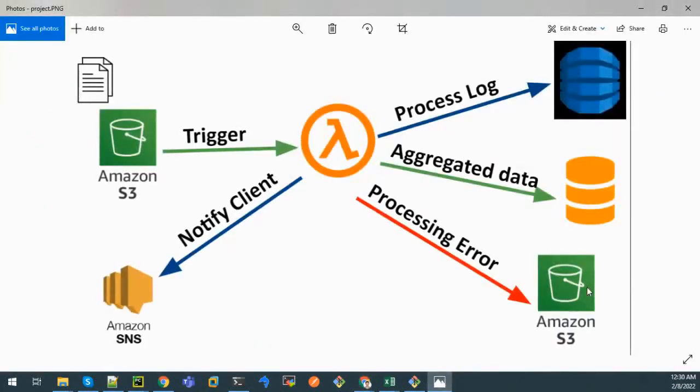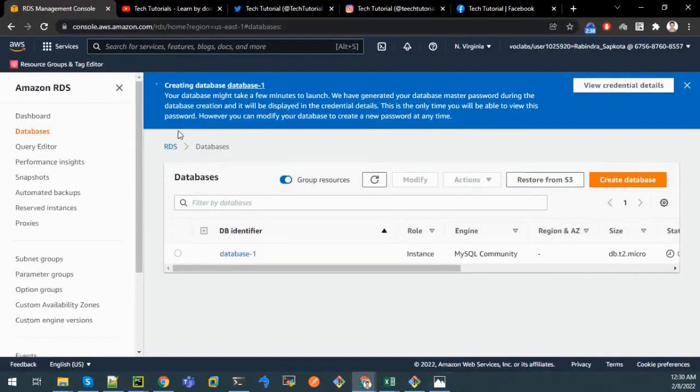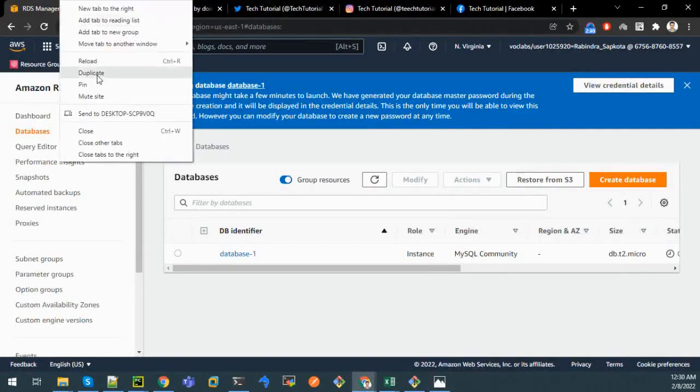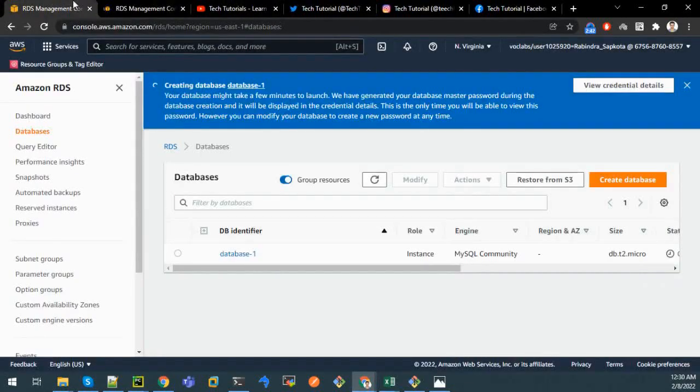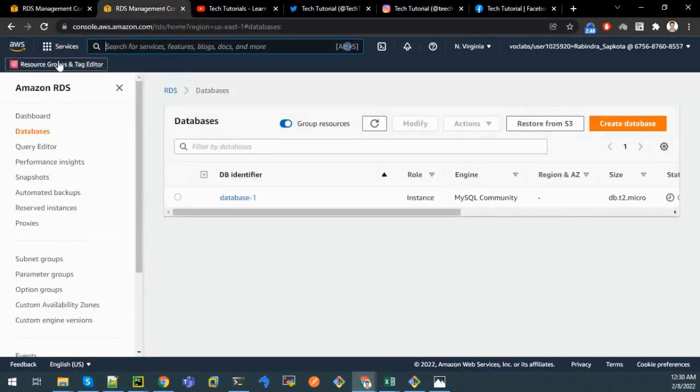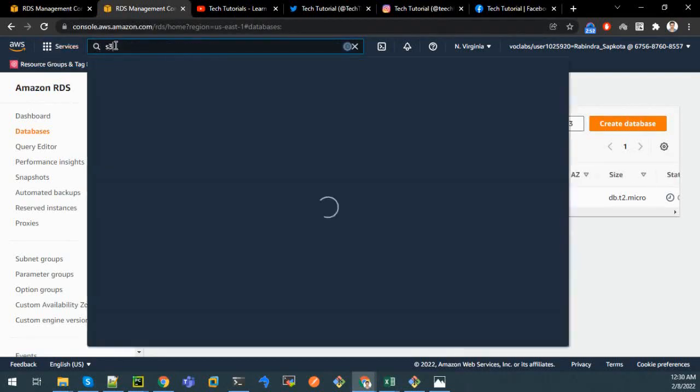Let me create these S3 buckets. One is the process bucket and another is the error bucket. For that, let me duplicate this tab. The database is in creation phase. Till then, we can create the S3 buckets. For creating S3 buckets, go to services and type S3